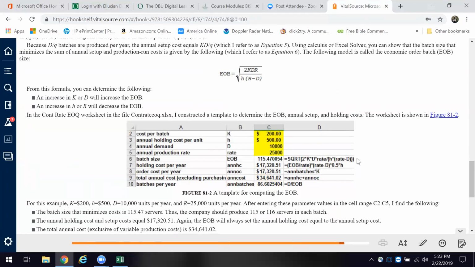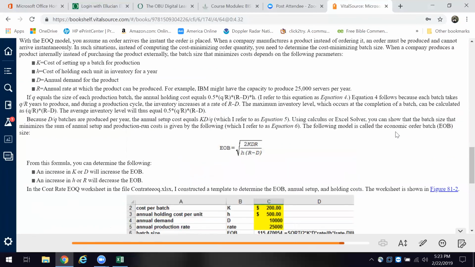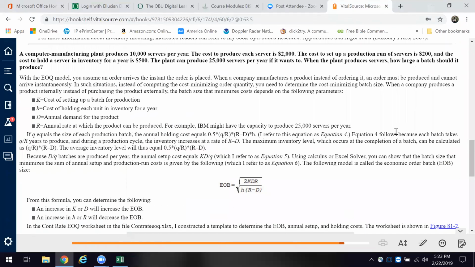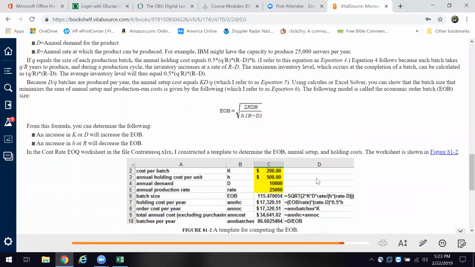Then the authors introduce a concept of an EOB. Now, we've been talking about the economic order quantity, all right? Now they introduce a new idea of this economic order batch, the EOB. Now you say, what are you talking about there? Well,